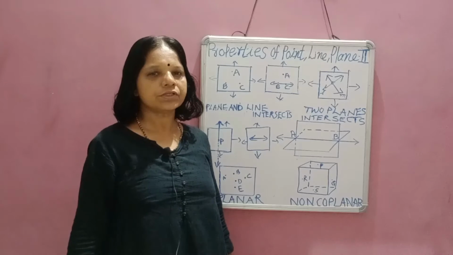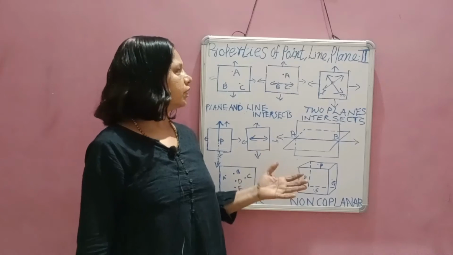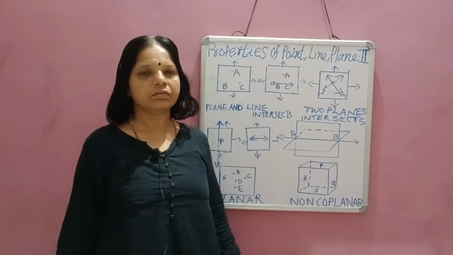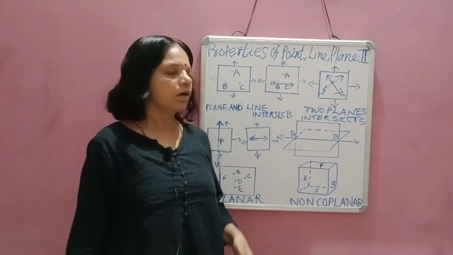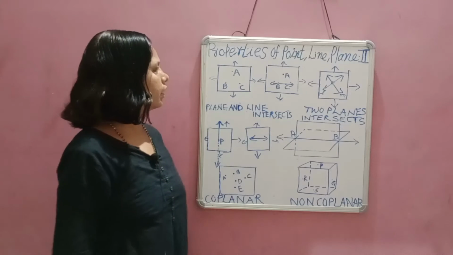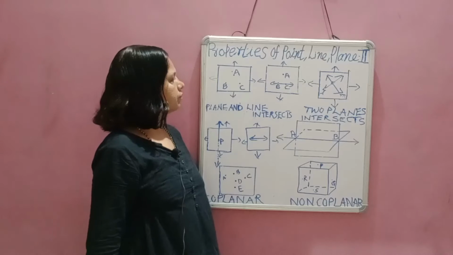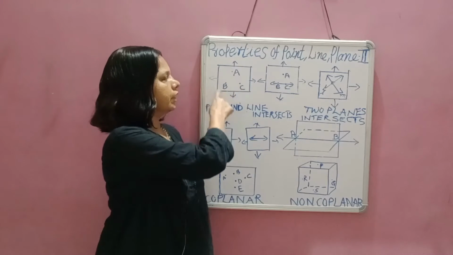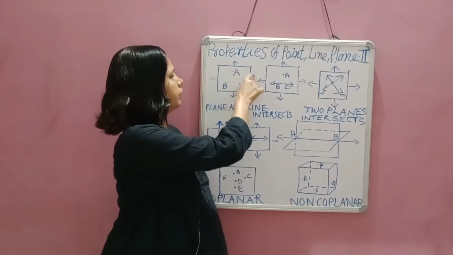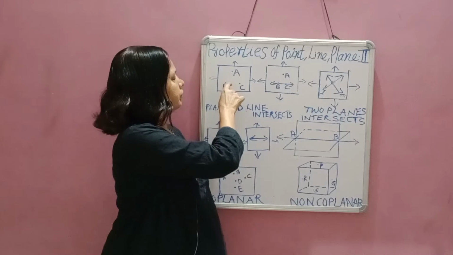It is the continuation of the last class, where we were explaining the properties of point, line, plane, and here I would like to give some more properties of point, line, and plane. See these figures. The first figure has a plane. This is the symbol for representing a plane. This arrow represents that it can extend on all sides, and we can see